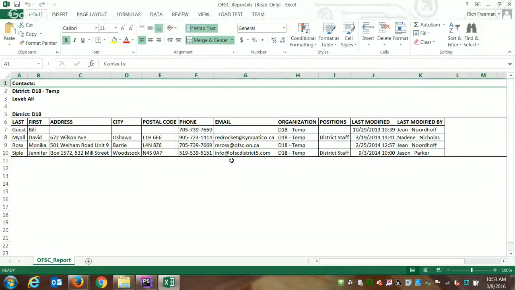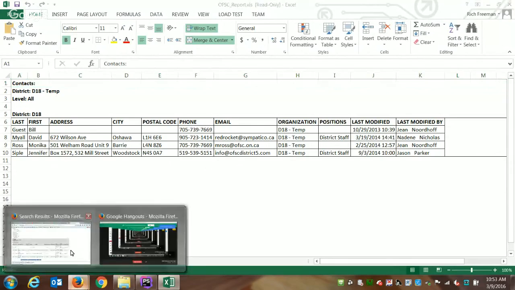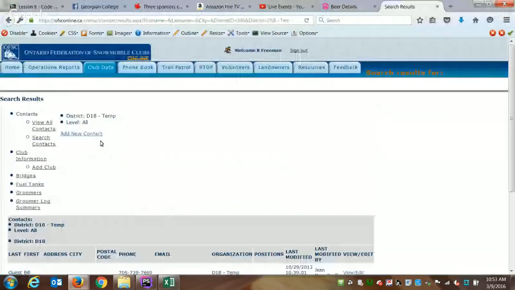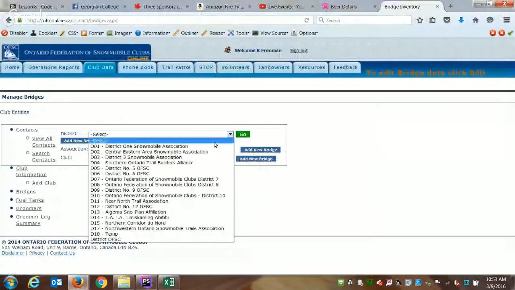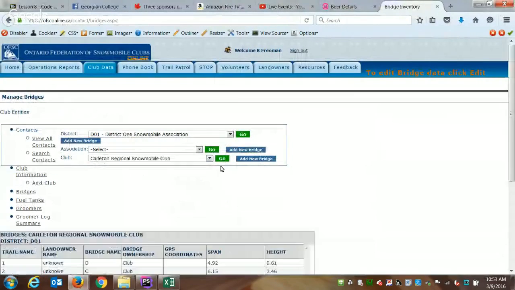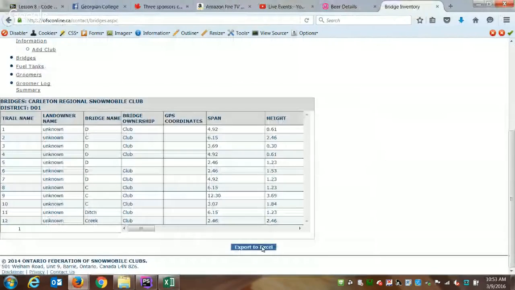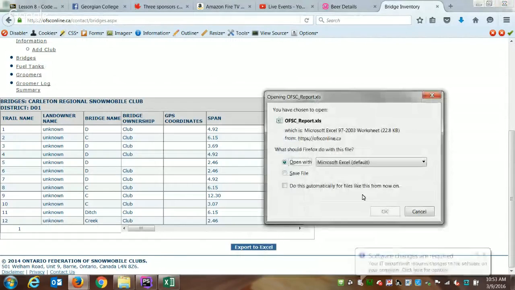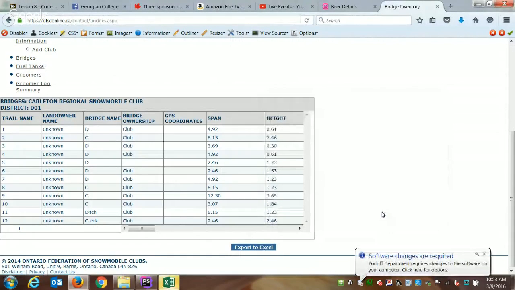The function for generating the Excel file is long. It's probably 50 or 100 lines of code. We don't want to repeat that function on all of the search pages because there's many different searches. Here's one. I can go into another, get search results somewhere, maybe. Right? Again, I have an export to Excel. So this is a different page, different table, different search results. But in both cases, I want to be able to save